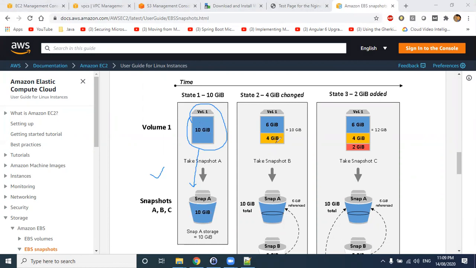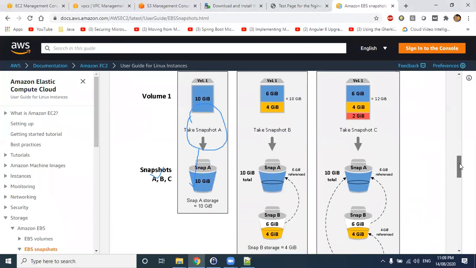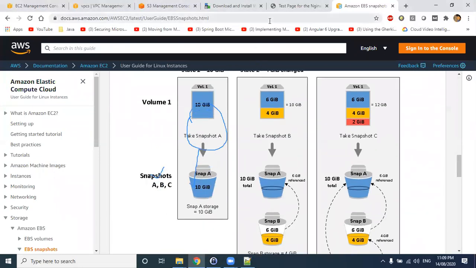After that, let's say you want to take a backup again. Now let's say only 4 GB of data has changed. So the second time, only 4 GB of data will be backed up. The remaining 6 GB, which is not changed, will be referred to in the previous snapshot.